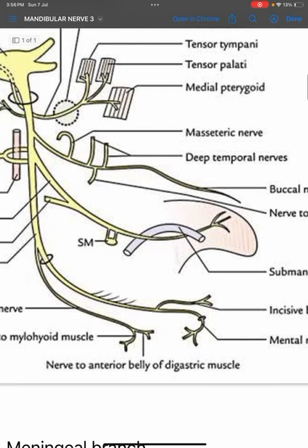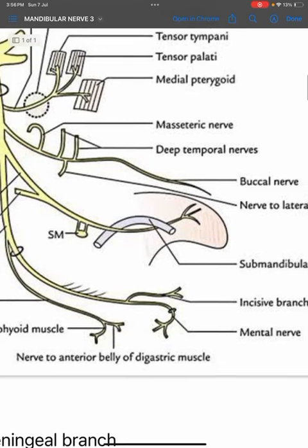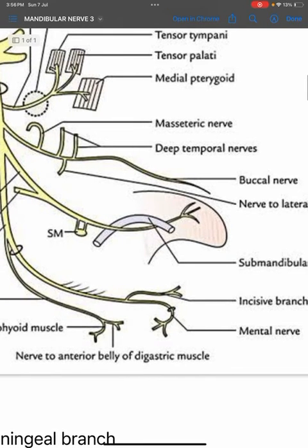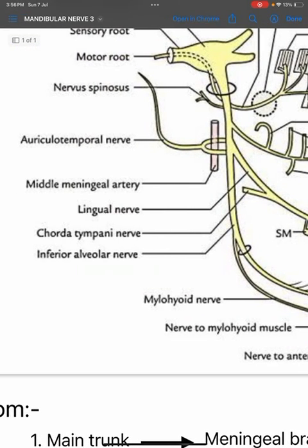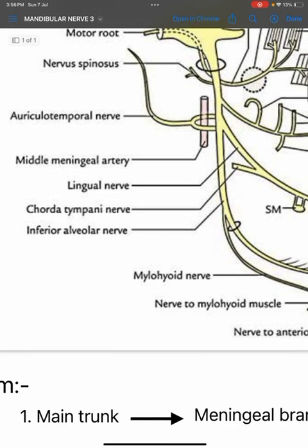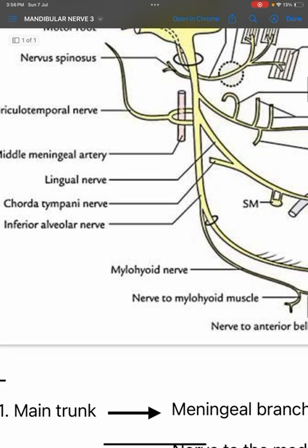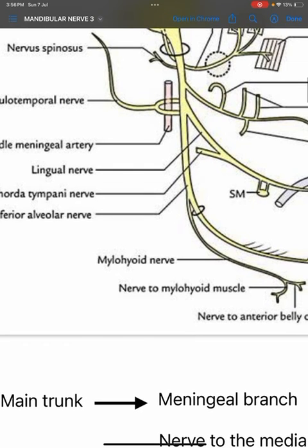In the anterior trunk, we have the sensory branch buccal nerve, and the muscular branches masseteric, deep temporal and nerve to lateral pterygoid. From the posterior trunk, we can see the auriculotemporal nerve, lingual nerve joined by the chorda tympani, then inferior alveolar nerve, and the